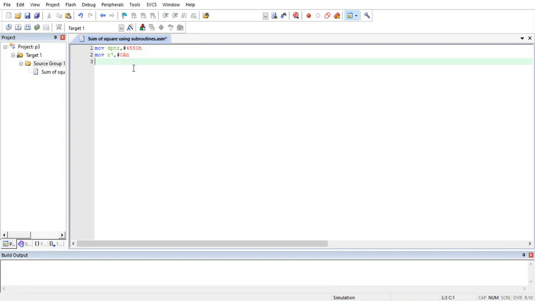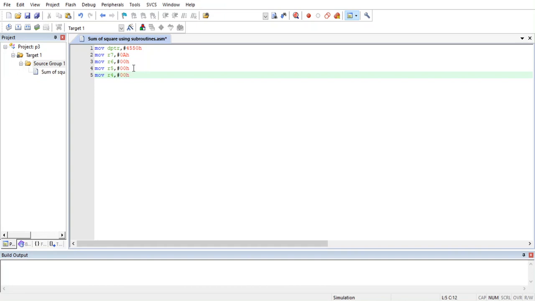Now we'll require 3 registers for keeping the sum. Let's take r6 for the lowest byte of the sum, move r6 comma hash 00h, move r5 comma hash 00h, and move r4 comma hash 00h.